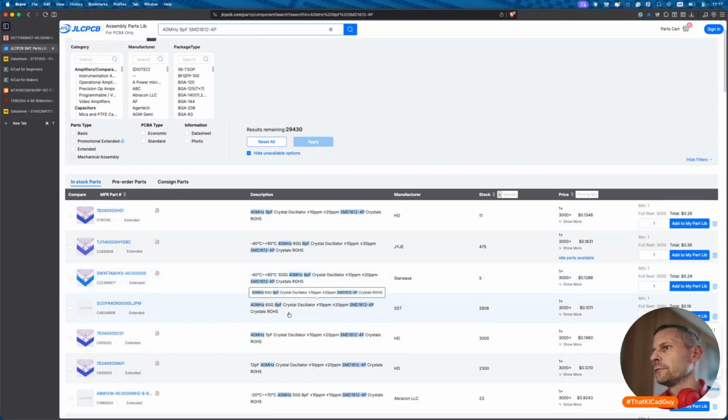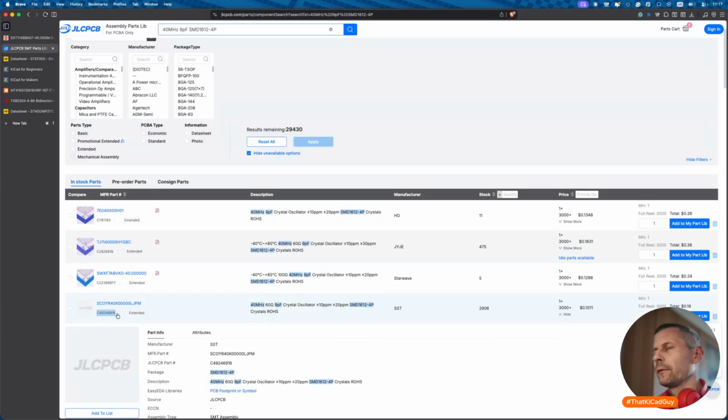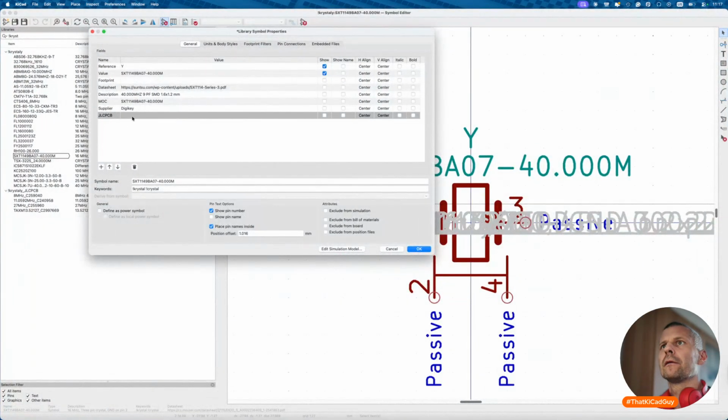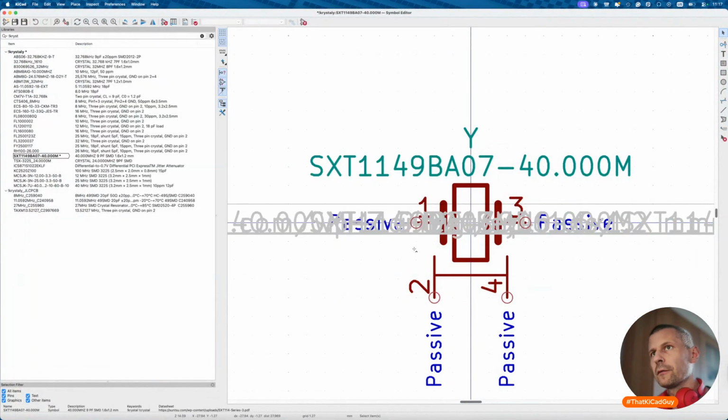This one can work. And the footprint must be